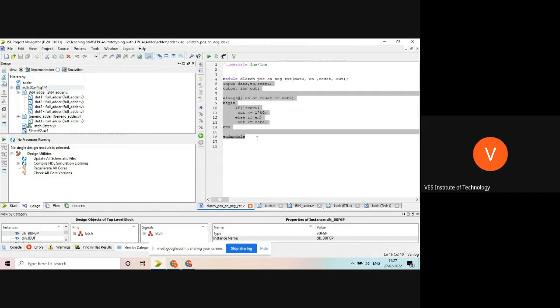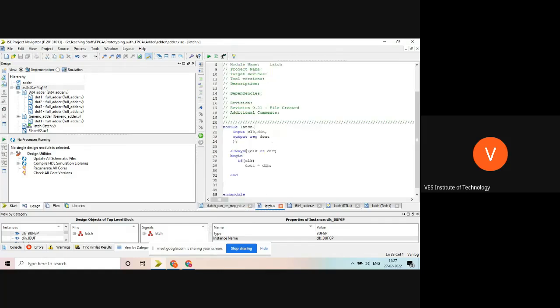So there is another way you can write this. We can add reset also if you want. So I will write reset and I will say here, or reset, and I can write something like this.